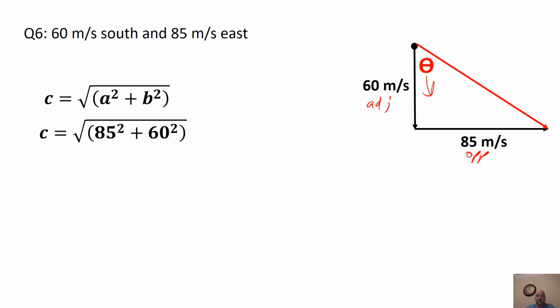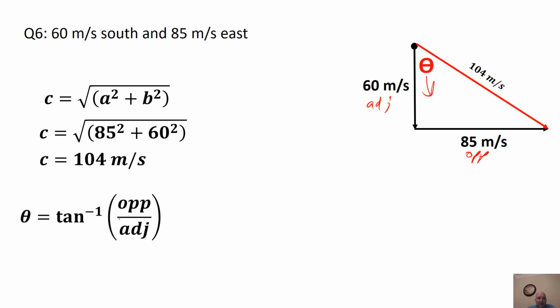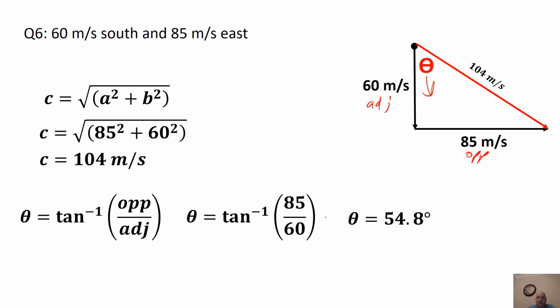Plug in our numbers, the 85 squared plus the 60 squared. Take the square root of that, and you're going to get 104 meters per second. And then we're ready to go ahead and solve for the angle. To solve for the angle, that's why the 85 should be over the 60. And we're going to get 55.4, so this ends up being